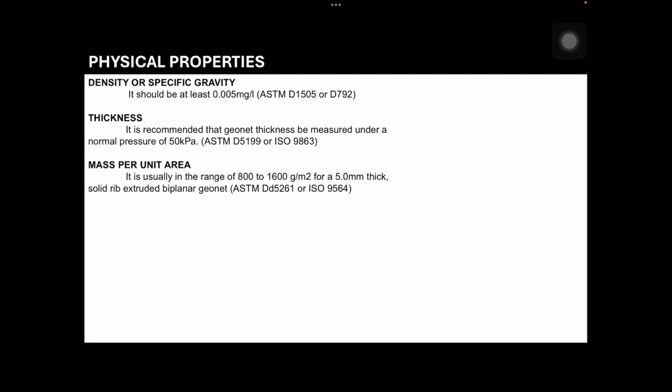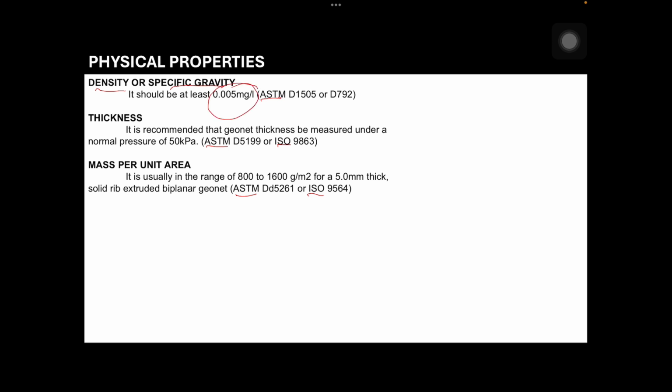So, physical properties: density or specific gravity. Of course, we have standards from organizations, the ASTM and the ISO. They are standardization organizations, and they set the physical properties of our materials. So, their standard for geonets: the density or specific gravity of the geonet should be at least